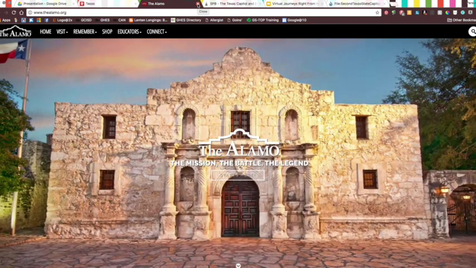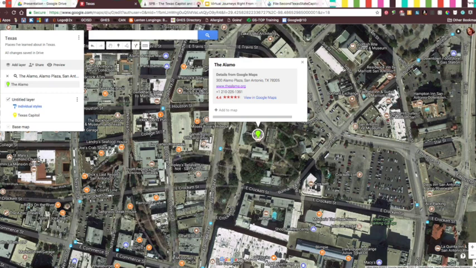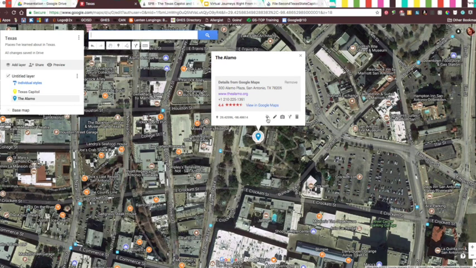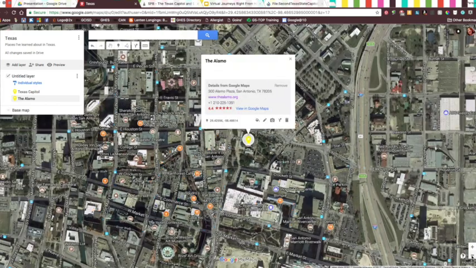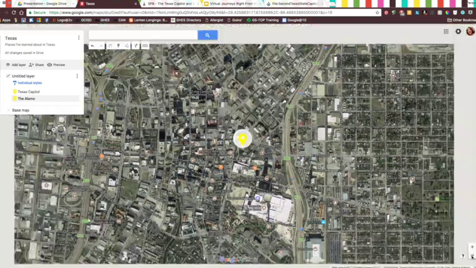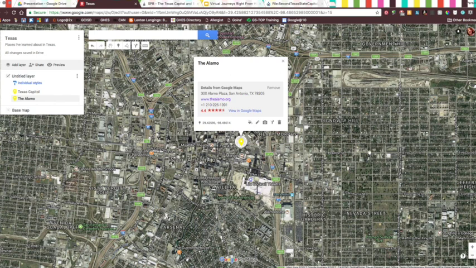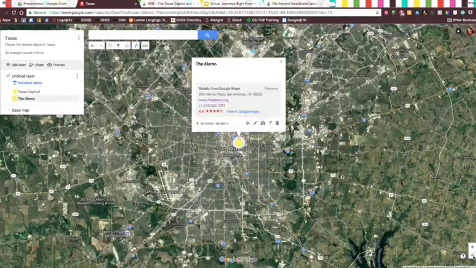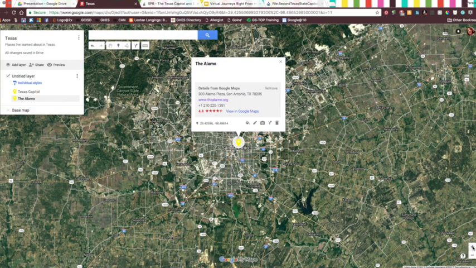Let's check this URL. Yes, this is where I want my users to go when they find the Alamo. So I will add this to my map, change the color, zoom out. Now you can use the search button to find specific things that are already in maps, but you don't have to. You can add your own custom